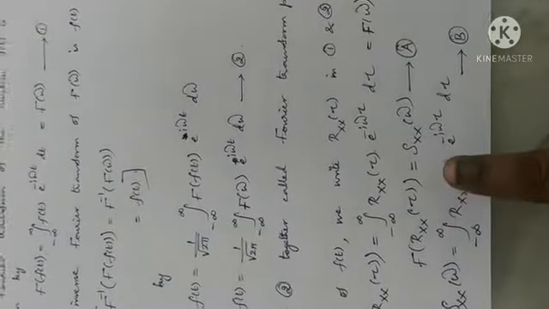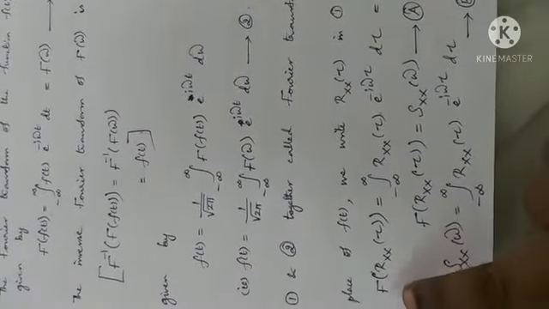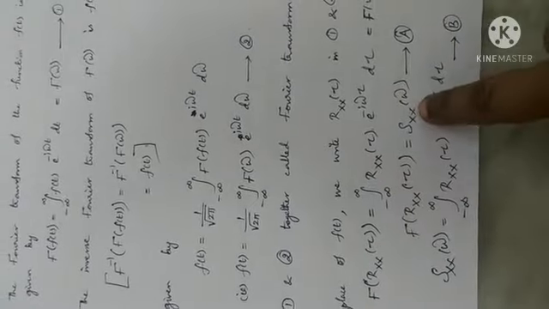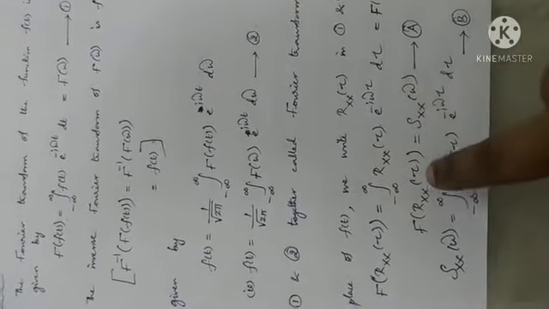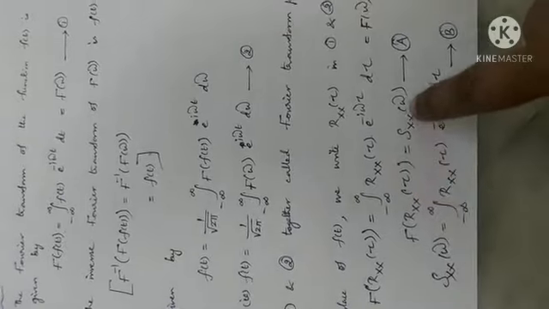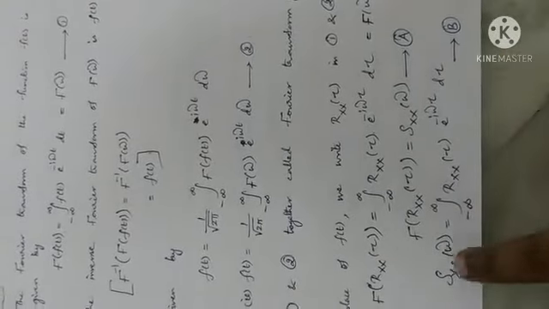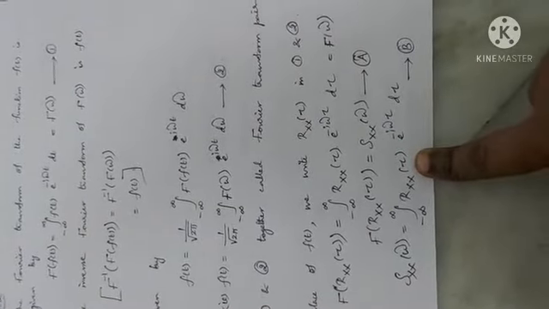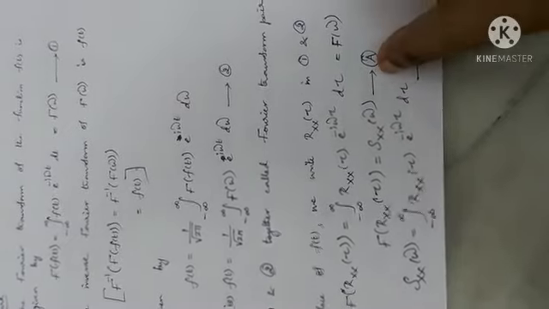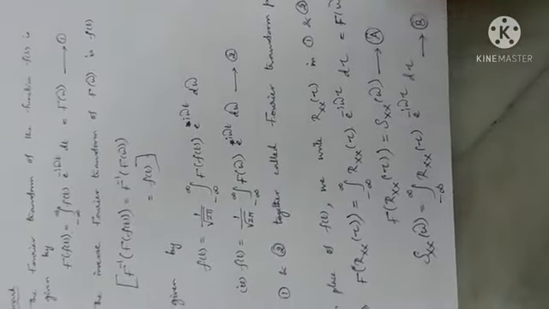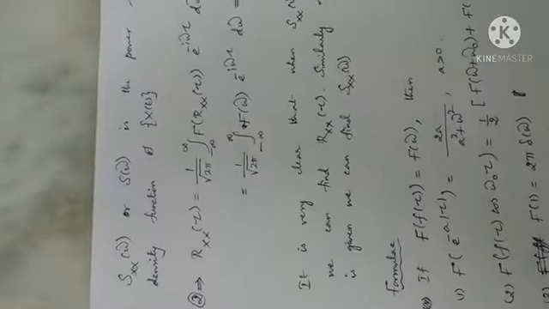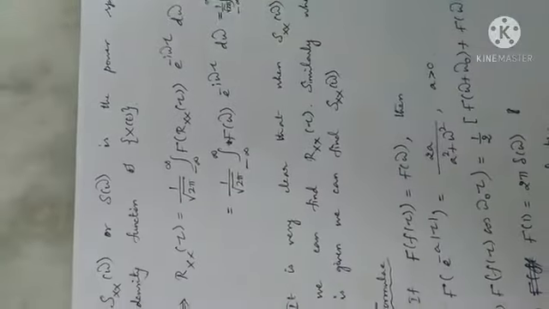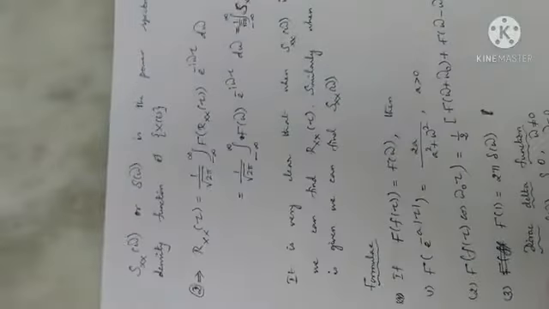And do you know, now comes the power spectral density. This Fourier transform of autocorrelation is the power spectral density function. Okay. The Fourier transform of the autocorrelation function is the power spectral density function, which is Sxx of omega equal to this formula. What is Sxx of omega? Integral minus infinity to plus infinity rxx of tau e power minus i omega tau d tau. Okay. And you can see now Sxx of omega can be simply called S of omega, which is the power spectral density function of x of t, the random process x of t.